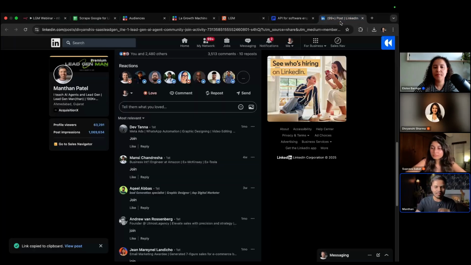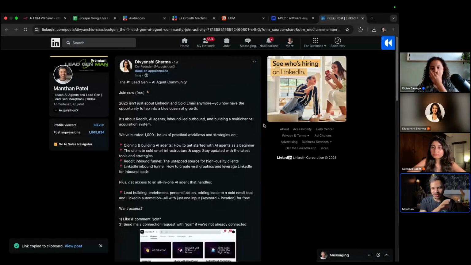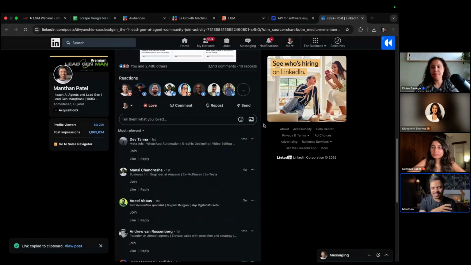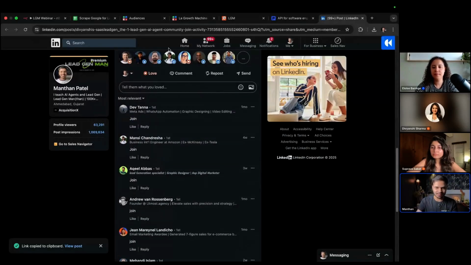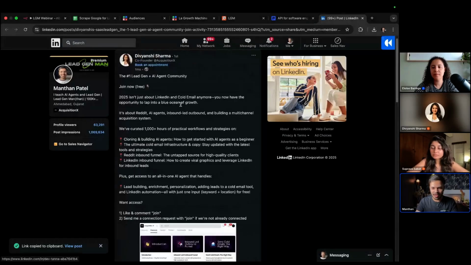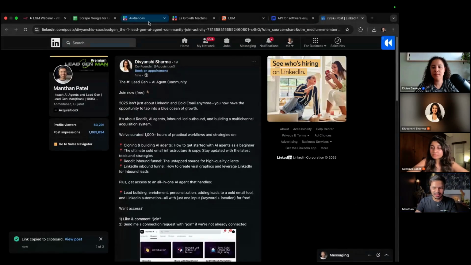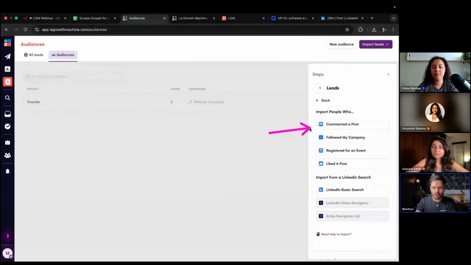But talking about our lead magnet post, this is an example of Divyanshi's lead magnet post, and there is no way that she's able to reply back to 3,500 comments with the promise that she offered. So how are we going to use LGM here? Just copy the URL of this post and then import people who commented on a post.